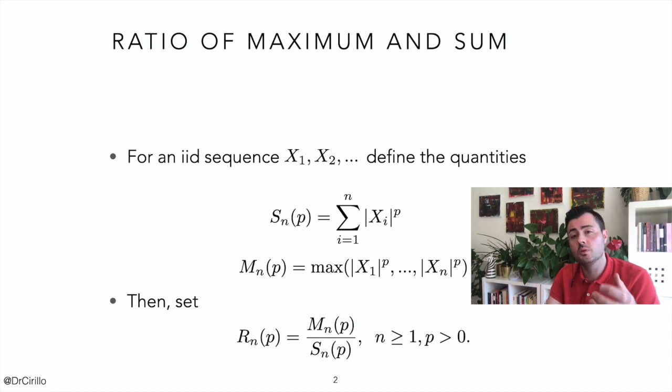One is the quantity S_n^p, and the other one is the quantity M_n^p. Now, if you set p equal to 1, these quantities are S_n^1, which is nothing more than the partial sum, and M_n^1, which is nothing more than the partial maximum, as we have defined them before